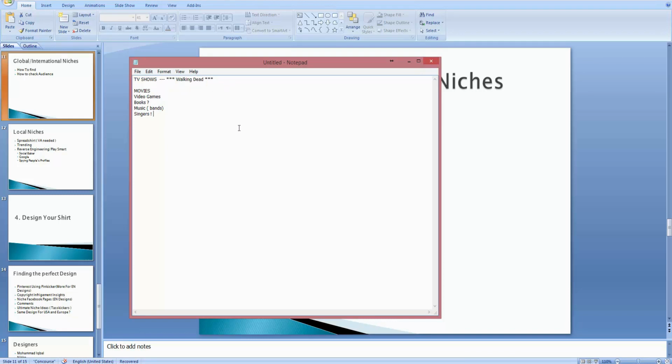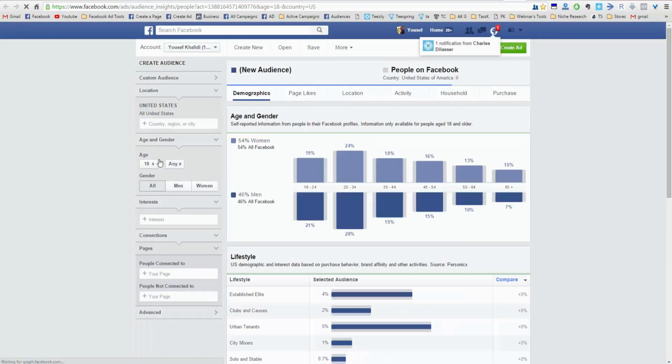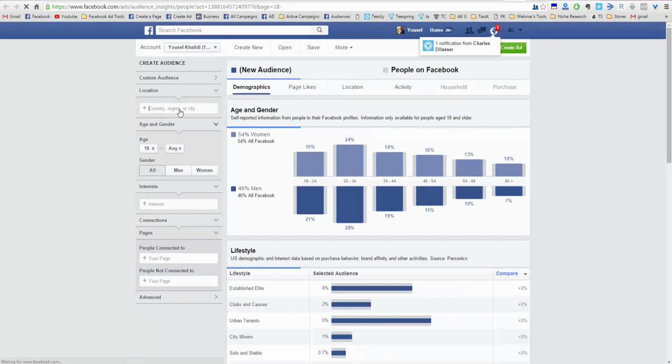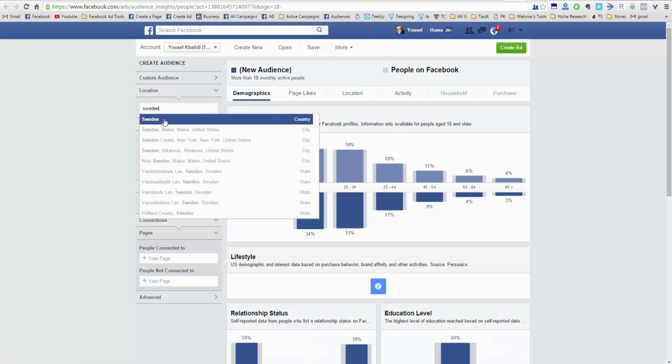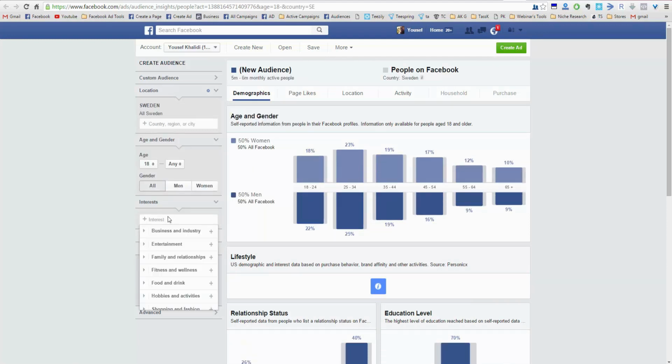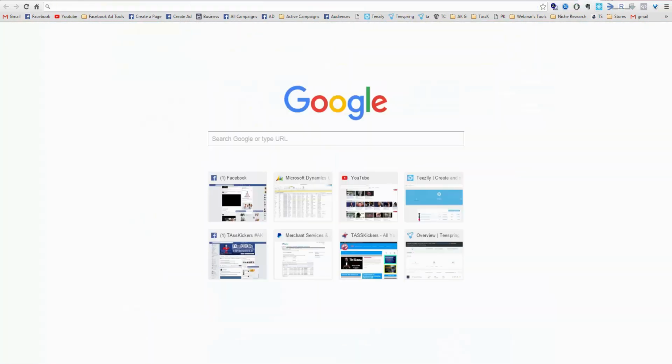For example, let's take Sweden. So first of all, we go to the audience insights. This is our biggest stop in here, and we go here and we type. Let's take Sweden, and here let's go and say The Walking Dead. Okay, and let's check. Whoa, that is really good. See that we have 100k to 150k. Let's go and see Sweden